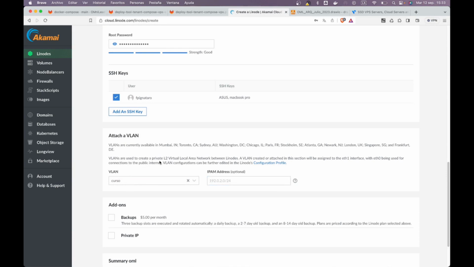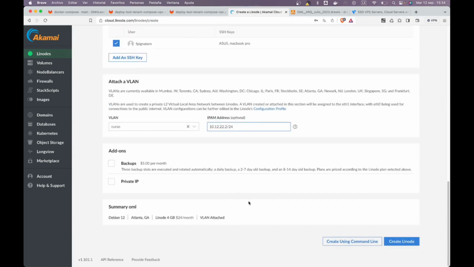This is so that the components can see each other, and for Omnileads to raise some ports, exposed only within the private IP and not on the public network. And here let's choose this VLAN. For the private IP part, here is 10.22. And I think with this, we will create